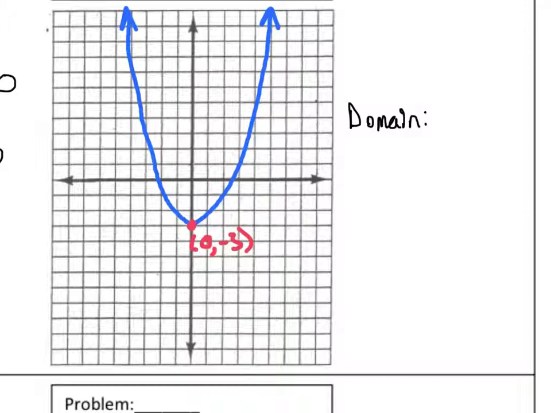Any real number. Because again, this parabola is going to continue to get wider and wider as we go off the graph. These x values are going to start from 0, and they're going to keep going out to here. Well, that's all we can see on the graph. But once you get off the graph, they keep getting bigger. Same thing in the negative direction. It's going to continue to get wider and wider as we zoom out. So then our domain